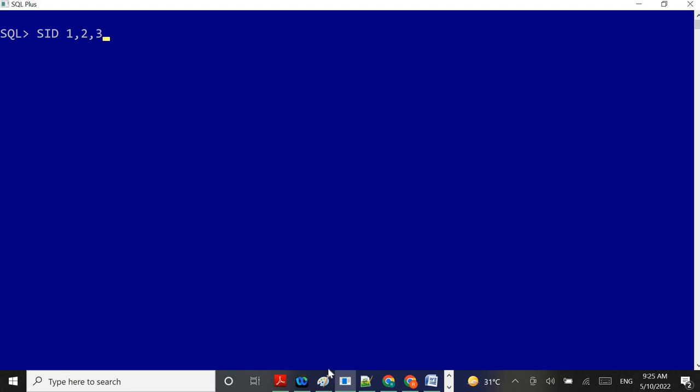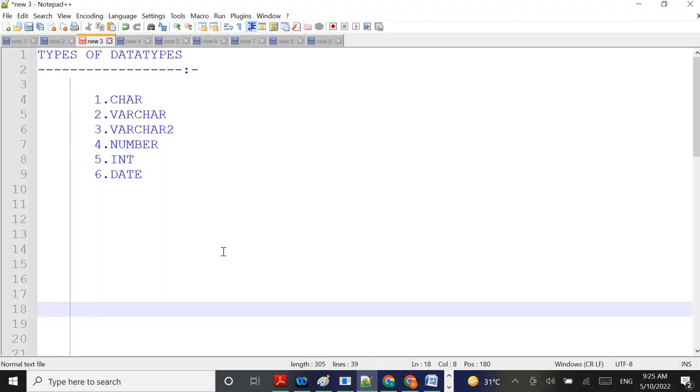So the SID values are 1, 2, 3. It is better to take these as integers rather than the number data type. Integer is nothing but a number data type, but it is better for Oracle performance to take integer instead of numbers. So what happens if you take the integer data type instead of